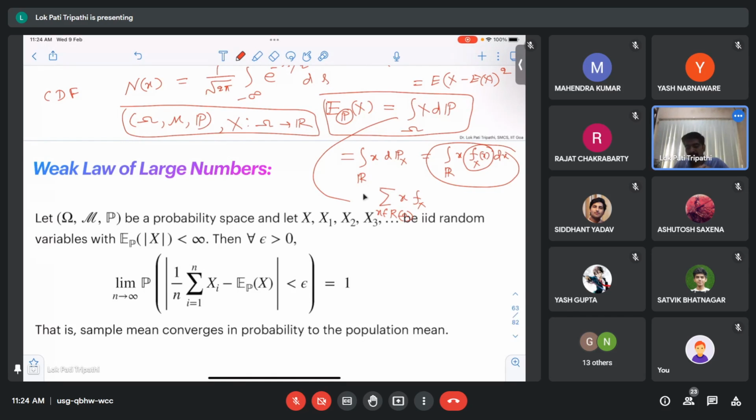Depending on the range of that random variable. If it is finite, then it will become a finite sum. If it is countably infinite, then it will become infinite, right? And here in this case, fx is called probability mass function, and actually it is given by,